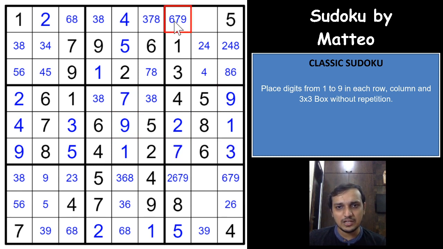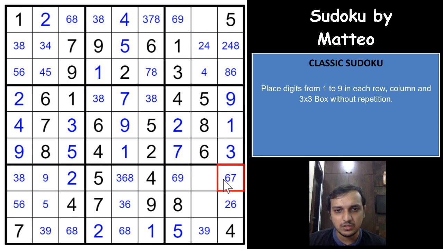And 2 and 7 will eliminate from both of these cells, so this would have to be 6 and 9, and this 3 will give you a 2 here. Does that give us anything now? Nothing much, right? Again, that will eliminate 9 from this cell. Okay, superb. And I think the Sudoku should complete now.